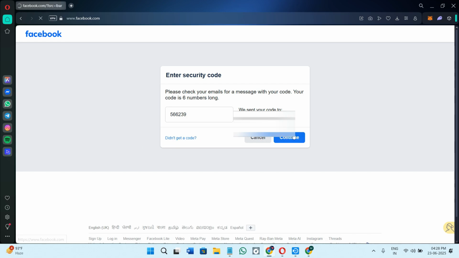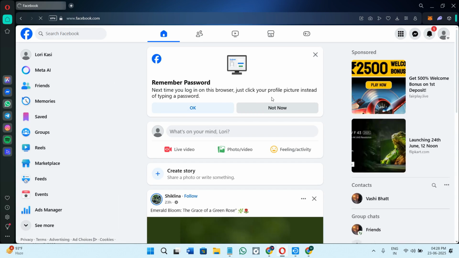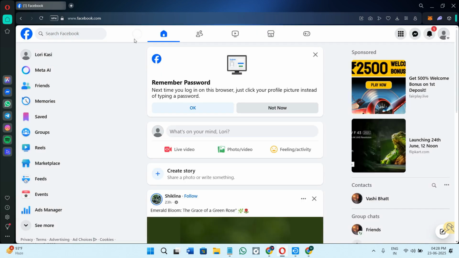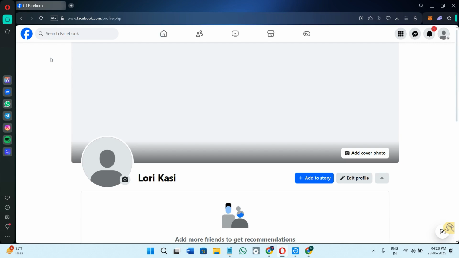Now, as soon as you click on the continue option over here, it will redirect you on the home page of your Facebook account. And there you go, you have successfully created your Facebook account. In your Facebook account, you can click on your page and you can basically add your profile and change the background and cover images. And you can also start following other people and you can also send them the friend